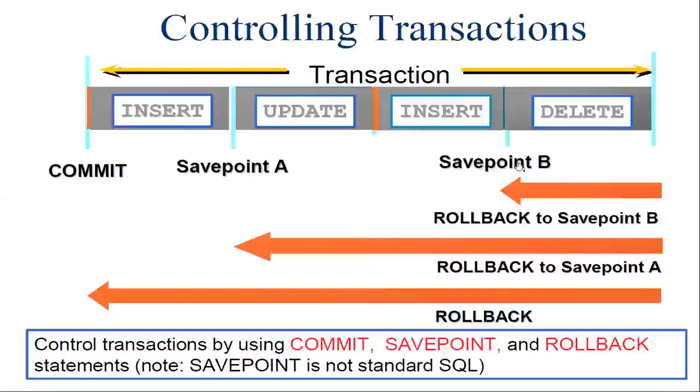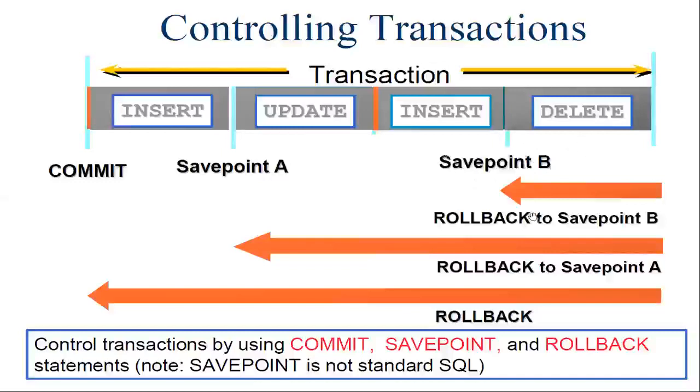So for example here, whatever the insert command performed up to that point, all the data will be saved here intermediately. It is not committed; the value is saved intermediately. Then if you perform update and insert, and create save point B here, whatever you have done with the particular transaction or data, all the modifications up to this point will be saved intermediately, right?